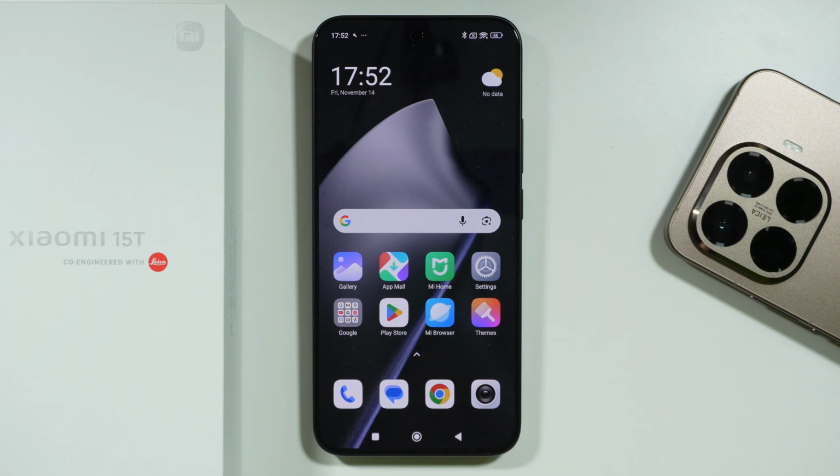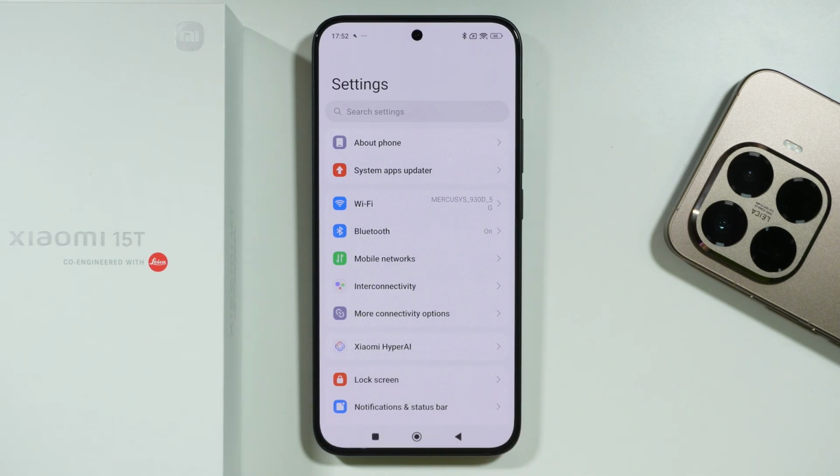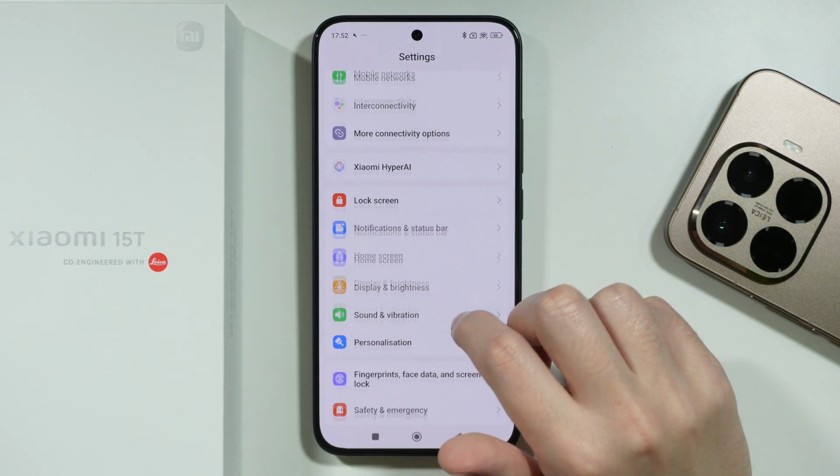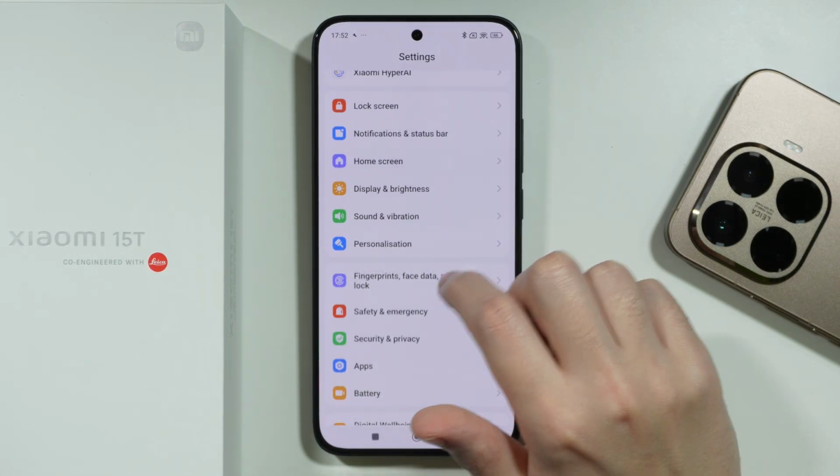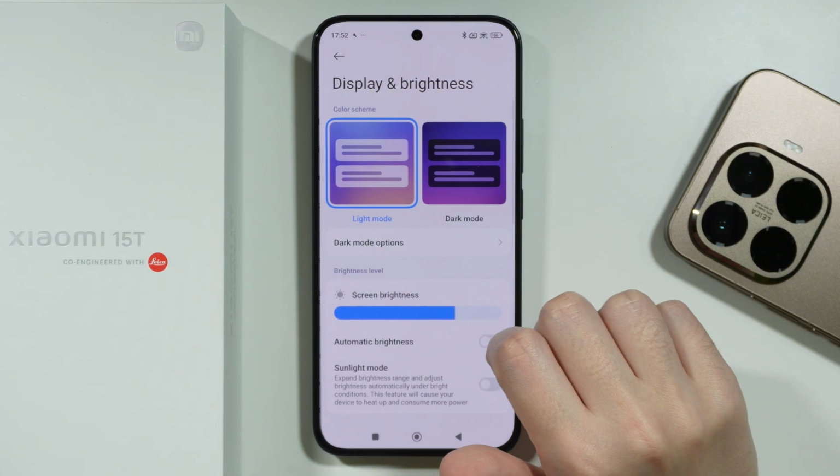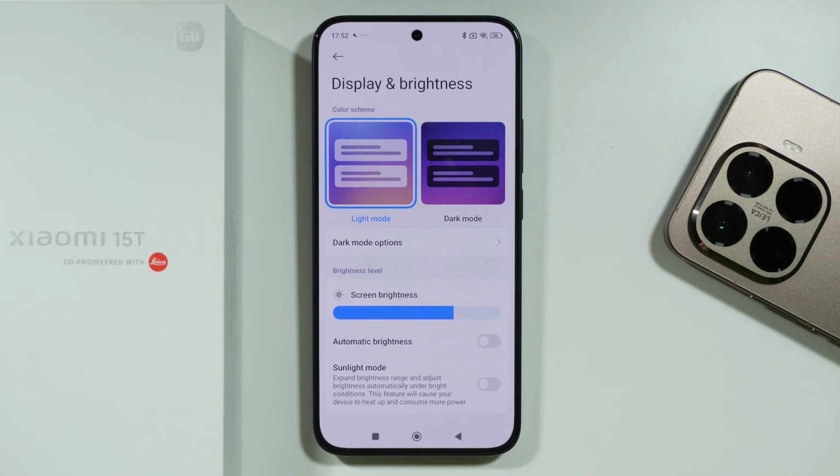Let me show you all display settings available on Xiaomi 15T. So we're gonna go to settings, and of course in order to find these display settings we need to go to the display and the brightness. In here of course we have the choice between the light mode and the dark mode, so you can choose